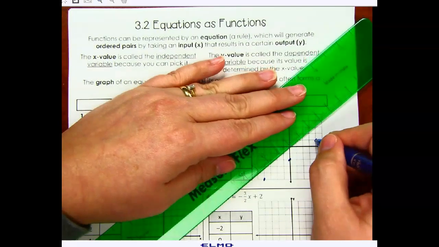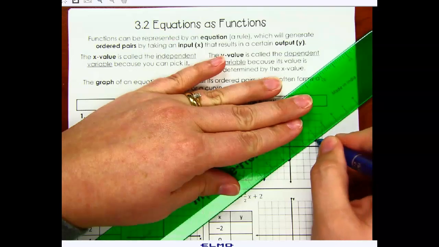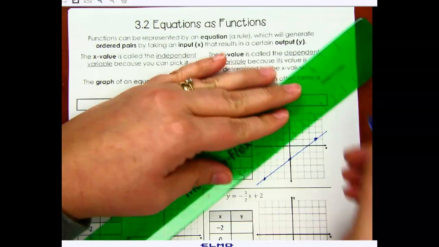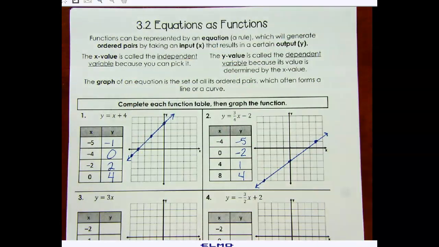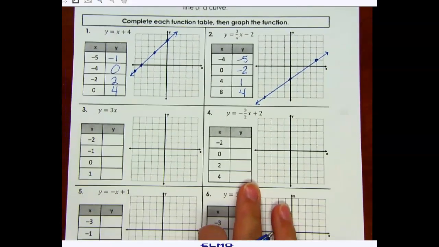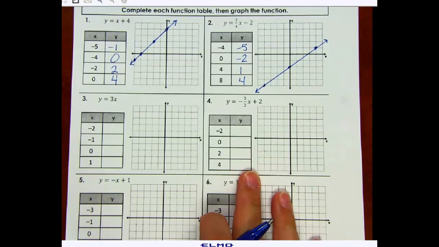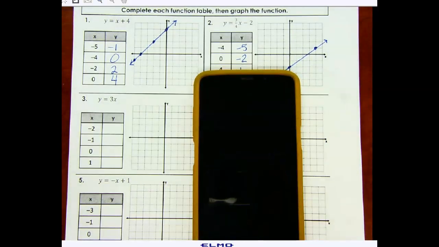And as long as you have 2 points, 3 is better. The more you have, the better, but you have to have at least 2 in order to draw your line. So there you go. Well, all that's fine, and you can substitute those and do those just like that. But this calculator, and this is why we have you guys get this calculator, has a wonderful feature that will